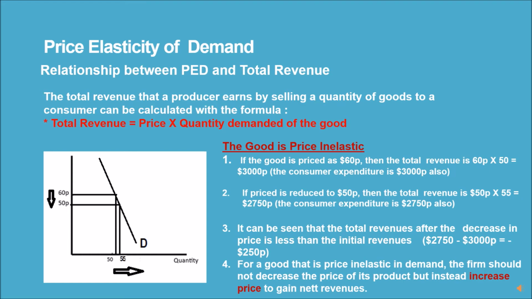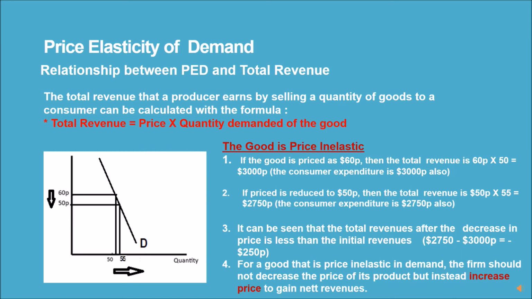1. If the good is priced at 60p, then the total revenue is 60p multiplied by 50 equals 3,000p. The consumer expenditure is 3,000p also. 2. If price is reduced to 50p, then the total revenue is 50p multiplied by 55 equals 2750p. The consumer expenditure is